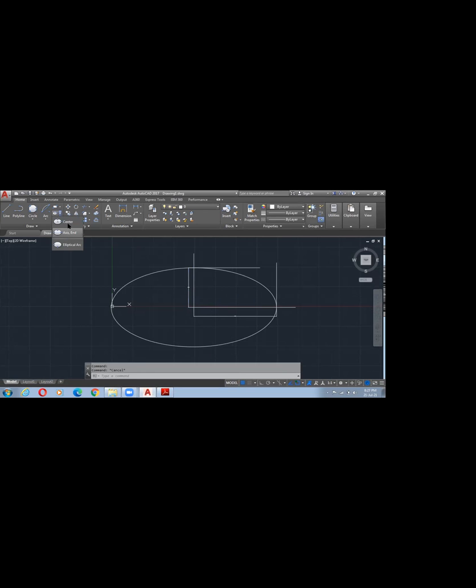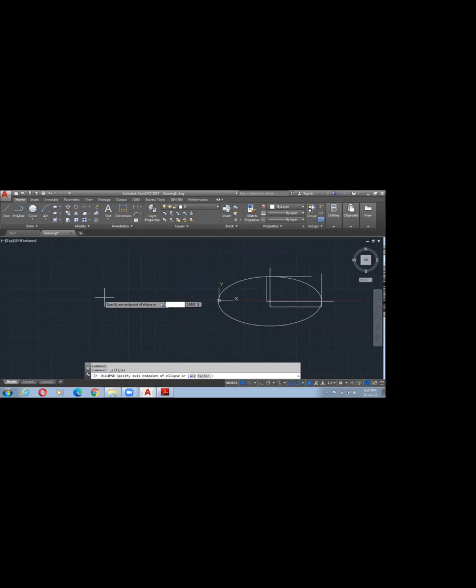In this option, axis and center, the first one which we made is the center. Axis end means select the first end point, second end point, and third end point. It will ask for 3 end points. The first end point, second end point, that means from one end to the other end. The third one is the other secondary radius. You can provide 20. Enter. From end point to end point it will ask, that means first diameter, second diameter.